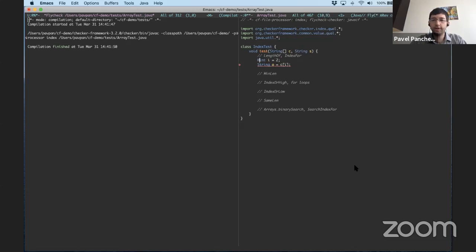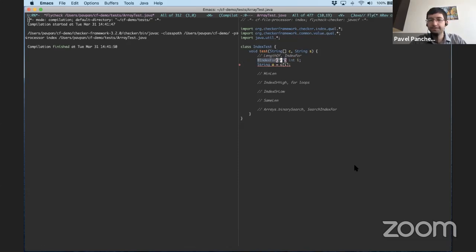we could instead declare this to be an index for C. It's complaining about variable I not being initialized, which I guess is fair.